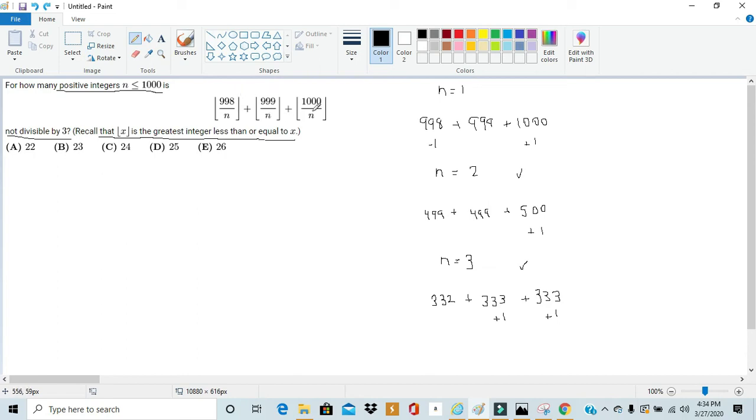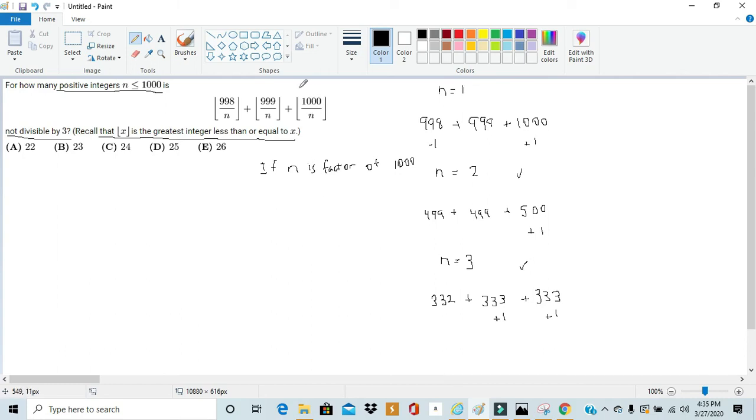So anything that goes into 1000 will be, when put into this function where we divide it from 1000 and take the floor of that, give us a value that is 1 greater than if we do the same thing but with the 999 term and the 998 term. So if n is a factor of 1000, then the quotient we would get